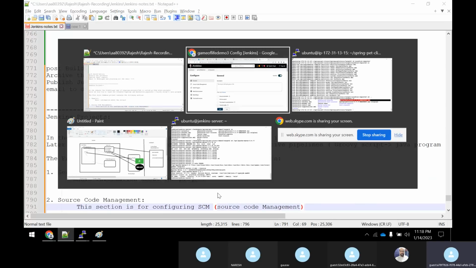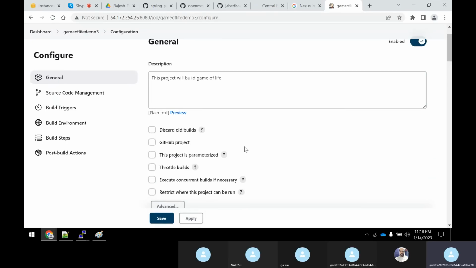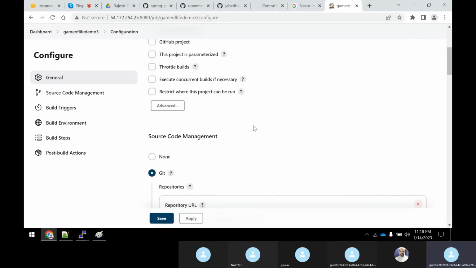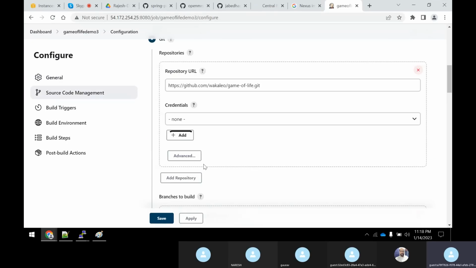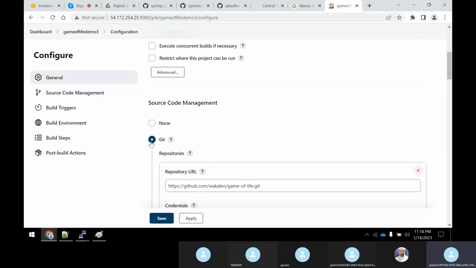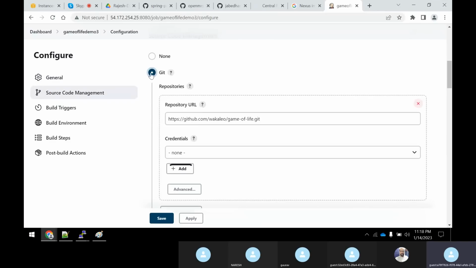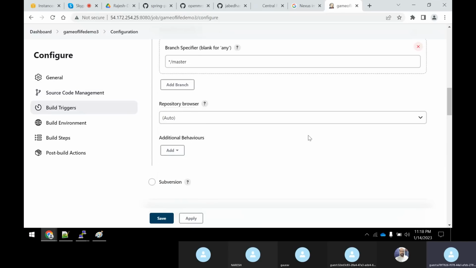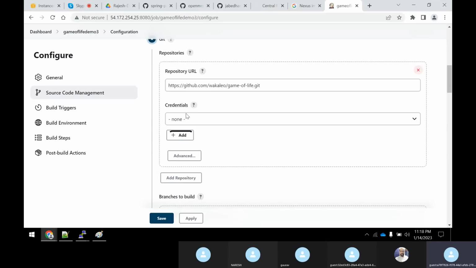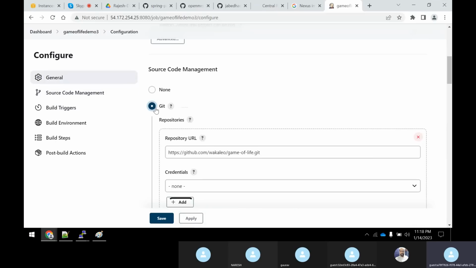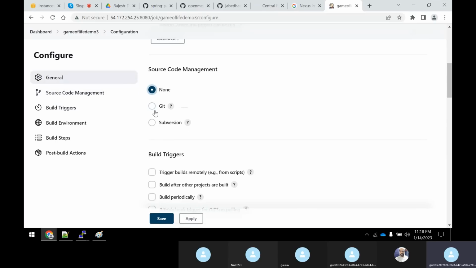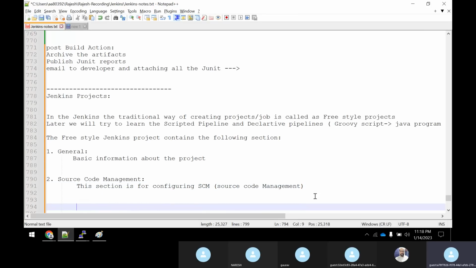That means if you are having your project under Git, or under Subversion or anywhere, here you will get an option where you can select that and provide all kinds of details of your source code management. How are you getting these radio button options, guys? Because the particular plugin is installed. That's the reason you are getting this menu. Okay, fine. So this we know already.